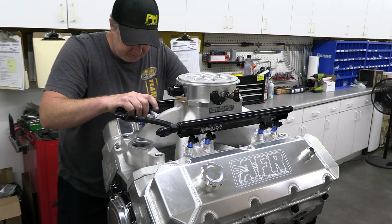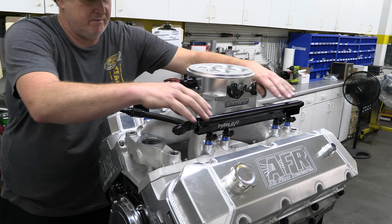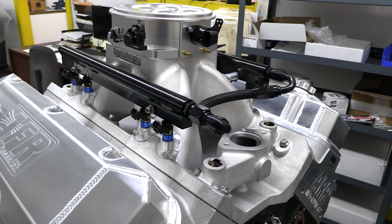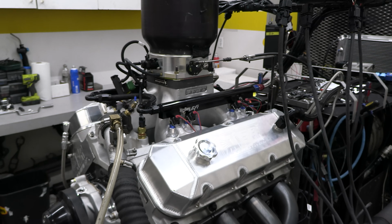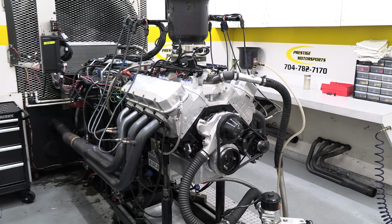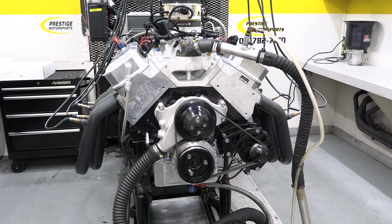Holley fuel rails feed a set of Fuel Injector Clinic injectors sized at 1200 cc's each. That's awfully big, but you need a lot of fuel when you're planning to burn enough E85 to produce well over 1000 horsepower. To maximize ignition control and spark all 8 cylinders, Prestige chose to go with Holley's innovative Big Wire coil near plug kit